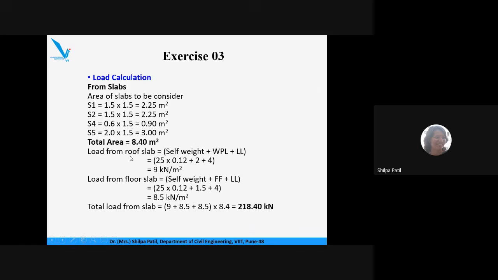Then the load coming from the roof slab. Now, what are the different parameters which constitute the total load acting on a column? The first one is the dead load. The second one is the self weight. Normally dead load and self weight come together. The third one is that dead load may include the floor finish. And the next one is the live load. Now, if you consider the roof slab, what types of loads act on it? It will be the self weight of the roof slab, plus on the roof we provide a waterproofing layer, so waterproofing load, plus live load. So that entire load will be coming from the roof slab.